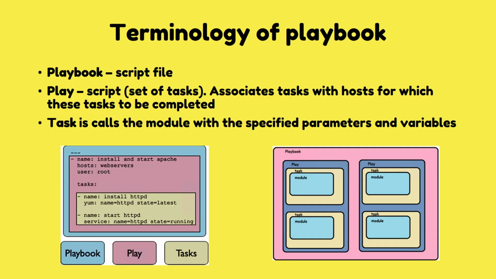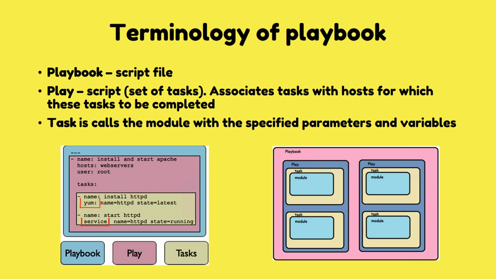Alright, let's break this down in the simplest way possible. On the screen you see how an Ansible playbook is structured. A playbook is just a script file where you write what you want Ansible to do. Inside a playbook we have a play. A play is basically a section of the script. It tells Ansible which servers we want to configure and what tasks we want to run on those servers. Each play contains tasks. A task is a single action, like installing packages, creating a user, or starting a service,